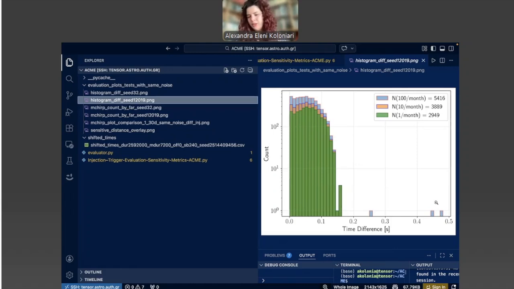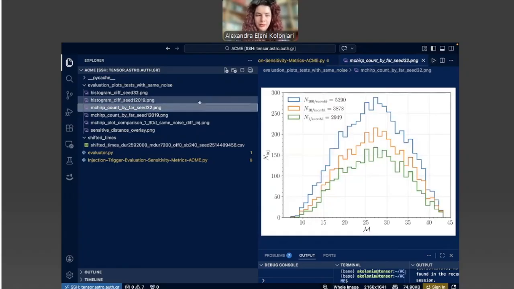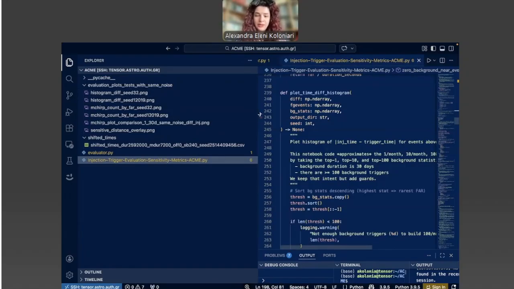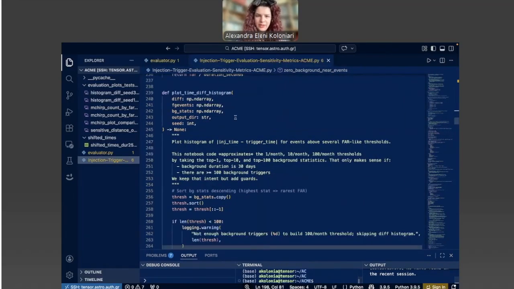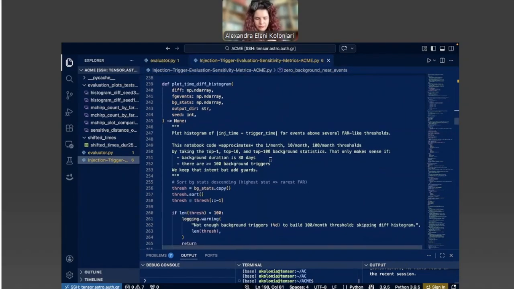I mean, the network didn't see the injection and produced that rank statistic. It just happened that the injection is near. And I say that because we have a clustering every 0.35 seconds, so that is out of the clustering. So this is the first plot. We have two for the two tests that we are checking, but you can have more tests. The code is set up in a way that you can use as many tests as you want.